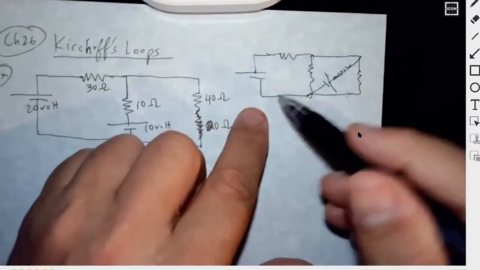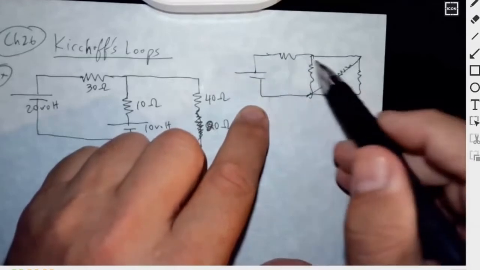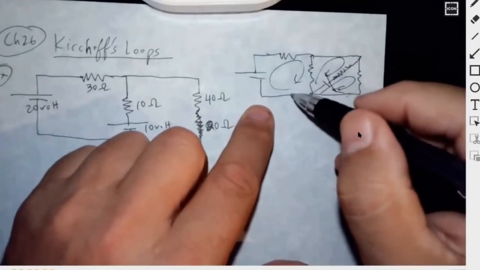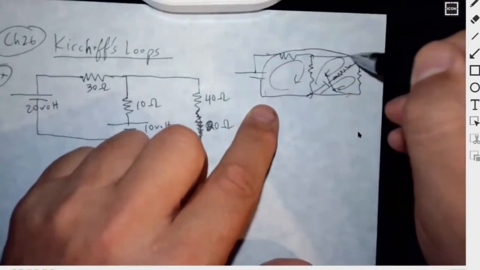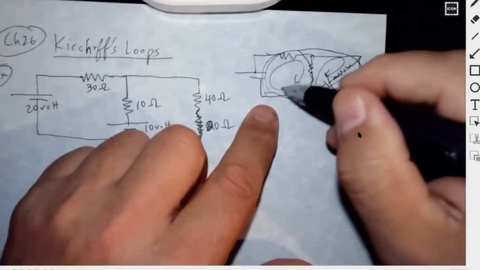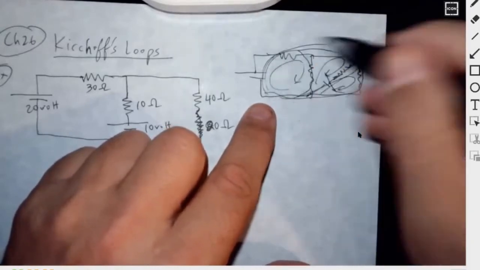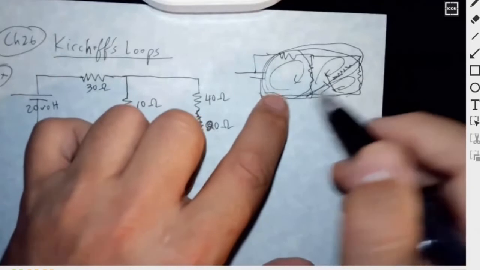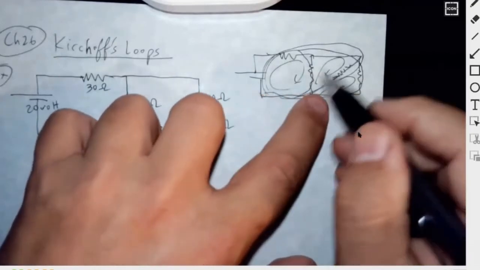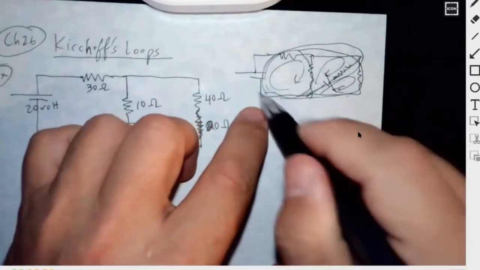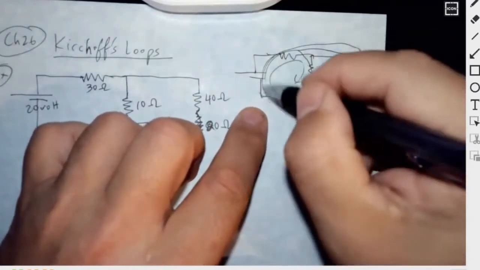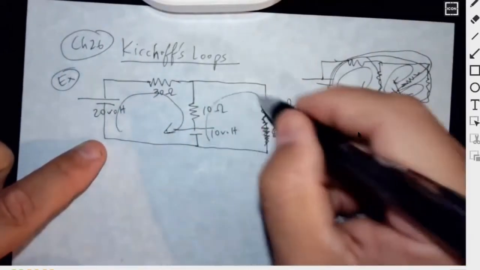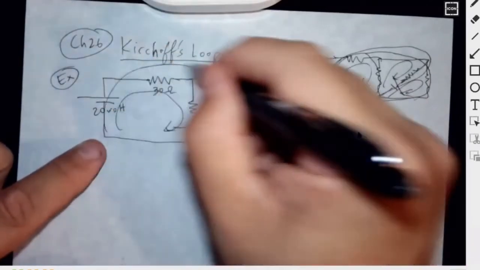And then when you're analyzing them, your loops don't necessarily have to be those 3 that you do. So here's 1, here's 2, here's 3. Well, what I did is I did this one, I did this one, and I did this one. So I always started here. It doesn't really matter that you always do this one and this one and this one. You could do this one, and then this one. Okay, so here there's 2 potential loops. There's 1 and then there's 2. Or I could also do the whole